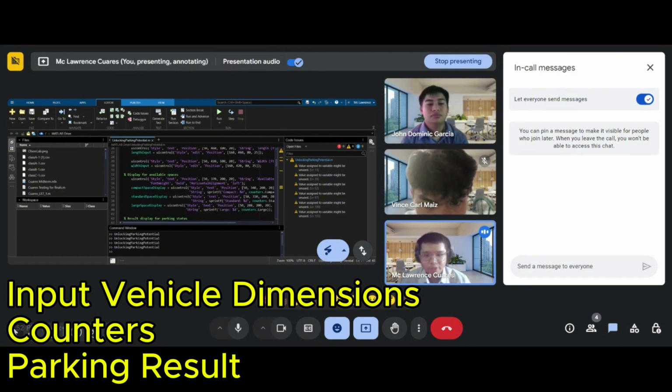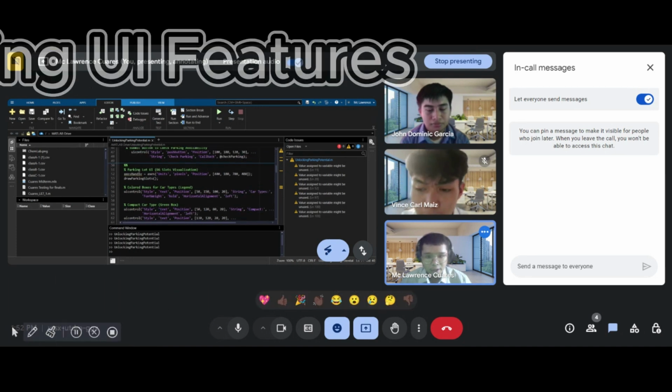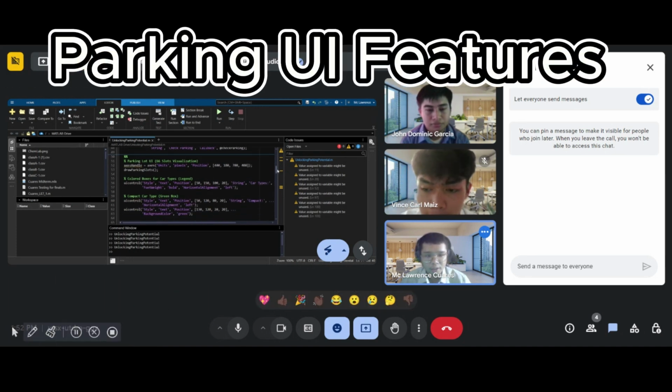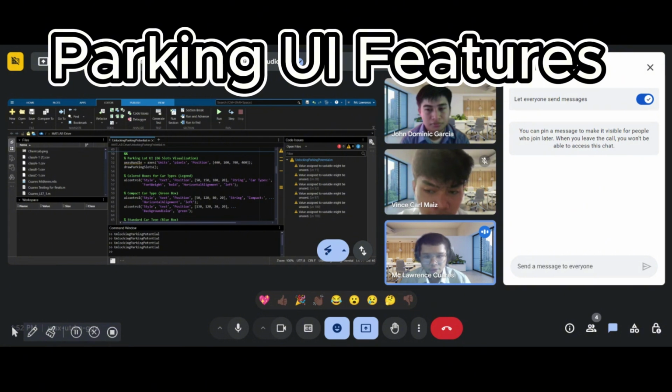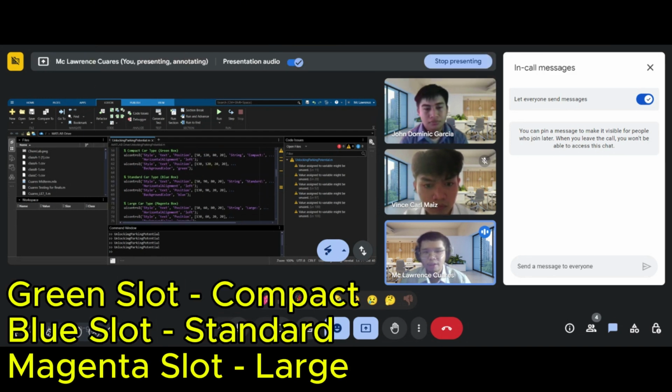It would also display how many spaces it occupies, and what its result status will be when the user inputs the car's length and dimension. Now, the second part of this UI will show you the parking lot user interface. We decided to use different colors so that it would be easier to determine what parking